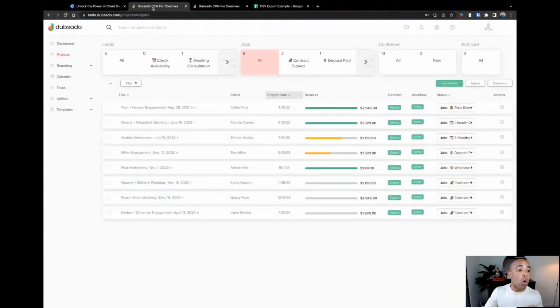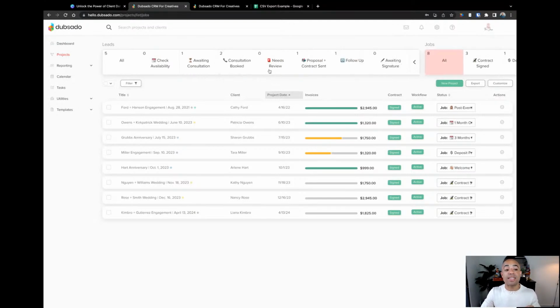So one tip that I want to give here before we move into project sources is, when it comes to making better business decisions, I know that's why we're all here, is how is this going to allow me to make better business decisions? If you have these set up as where they're at in the process, what this allows you to give is an inside view of where the bottlenecks are in your business. I'll give you a great example.